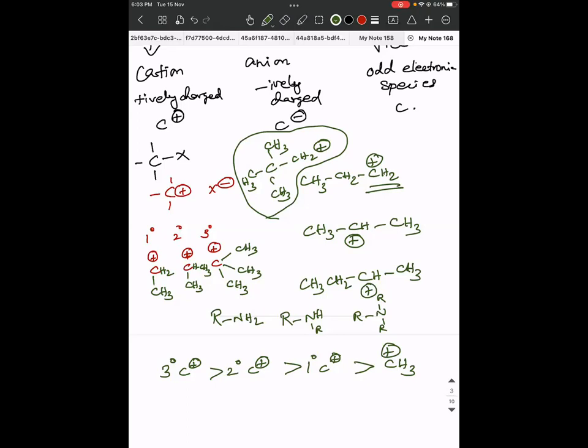But for an inorganic molecule we have to work it out. But for an organic molecule there is no need of that. Okay, for the